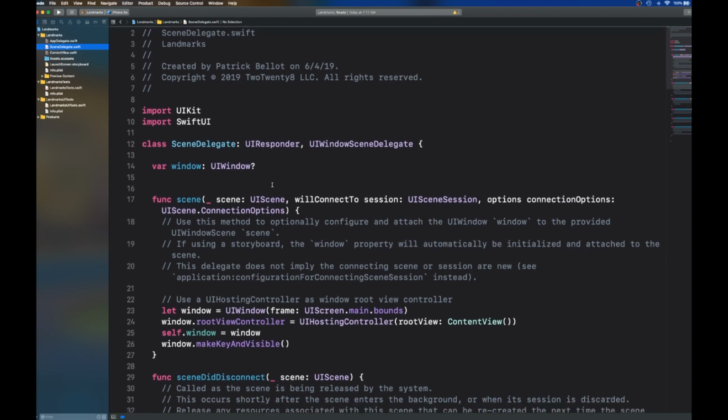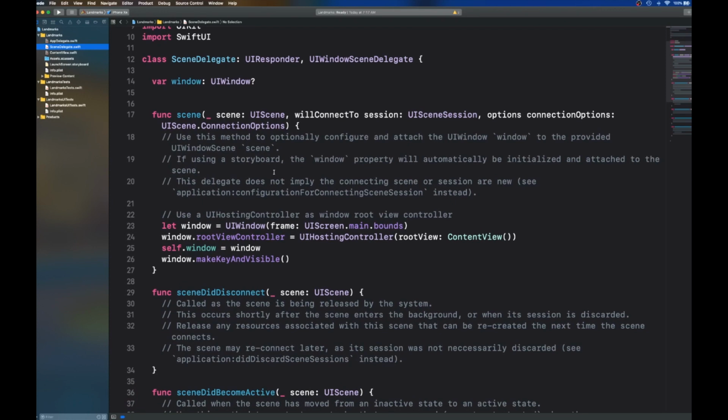window. Okay, so you have your scene and it says, use this method to optionally configure and attach the UI window to the provided UI window scene. If using a storyboard, the window property will automatically initialize and attach to the scene. This delegate does not imply the connecting scene or session are new. See application configuration for connecting scene session instead. And then we have some familiar